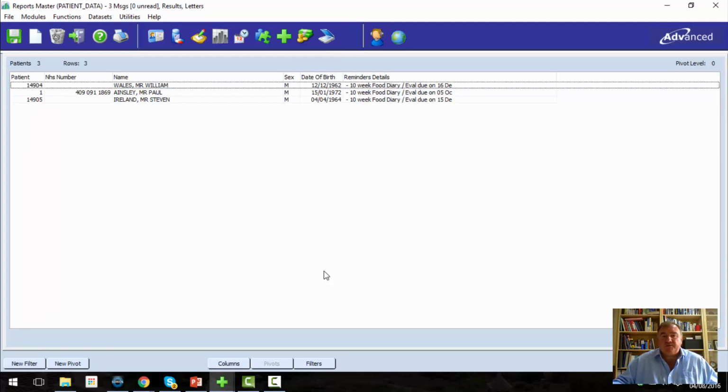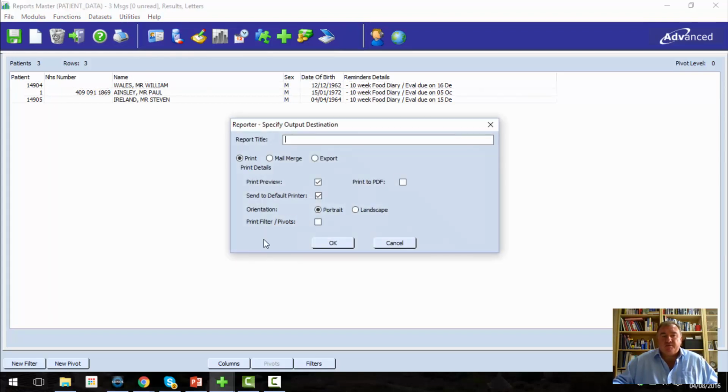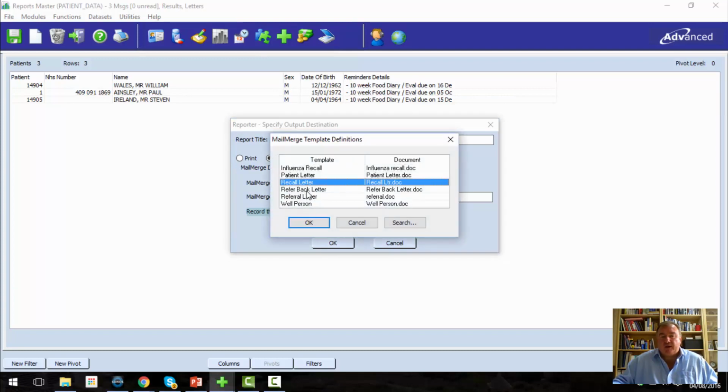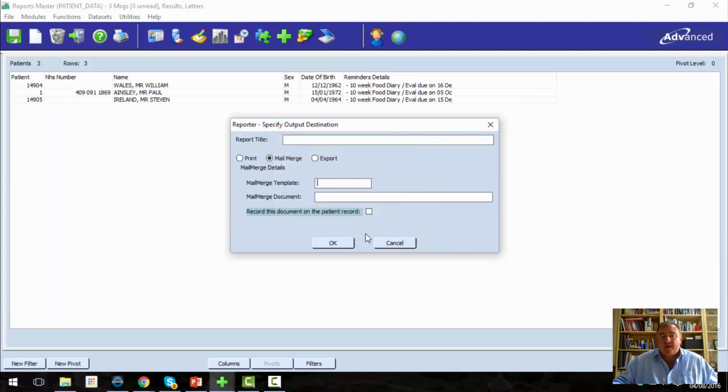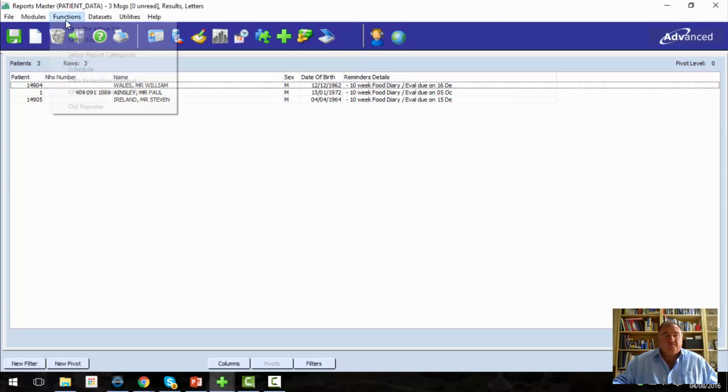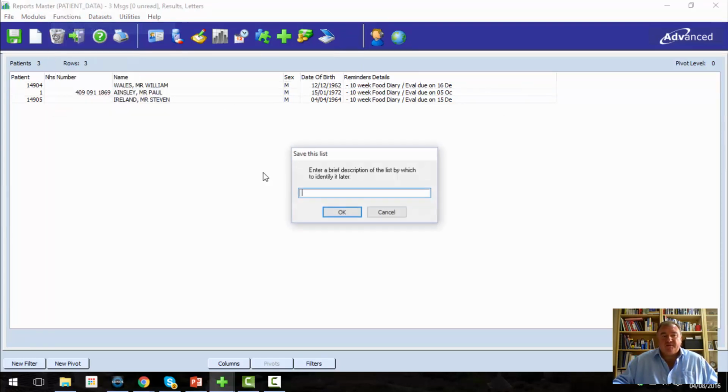So once I've got my list of patients who need the 10-week food diary sending to them, I've got a number of choices. I can hit the printer button and I can mail merge to a standard recall letter that I have preset, and I can send them all a letter. But what I could also do is I can save this active list. So if I save this list as food diary,